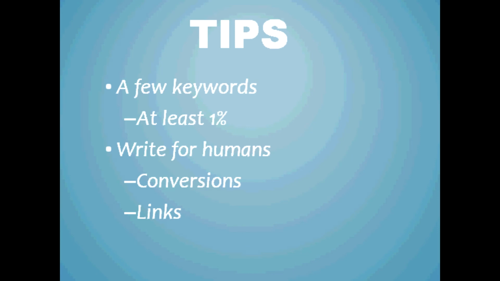So tips. The first one is if anybody is trying to tell you that keyword density is a really important factor in SEO, or that it's something that you need to optimize for, just be polite, try not to laugh at them, but they really have no idea what they're talking about. It is good to use a few keywords on your web page that you want to rank well for. There is still something to that. Maybe you want to have 1, 2, 3, 4, 5% of your keywords show up on your page. Anything like that is reasonable.